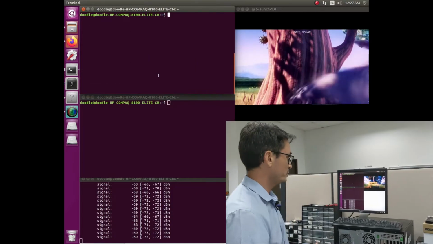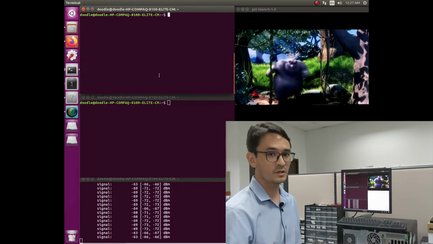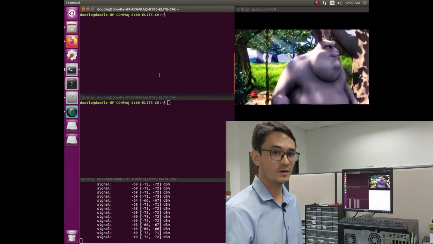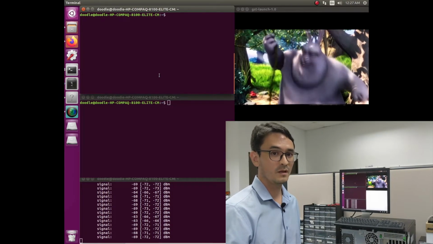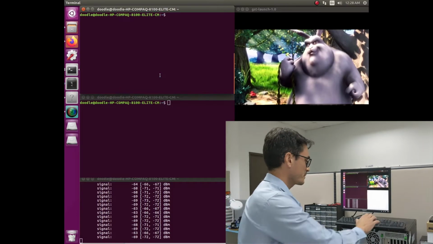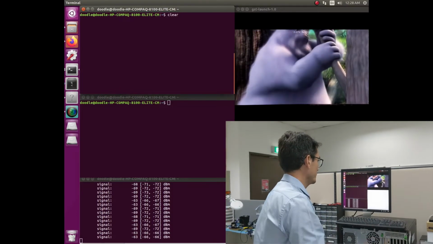Okay, so how are we going to do our measurement? We're actually going to use HPing3. HPing3 allows us to measure round-trip times using TCP packets. So in my top window,